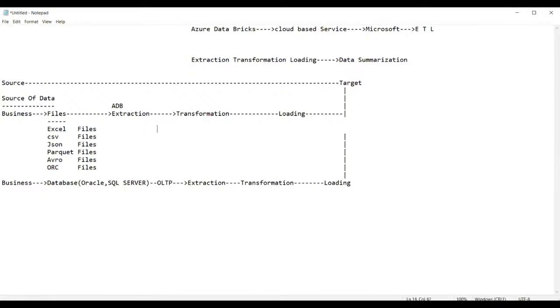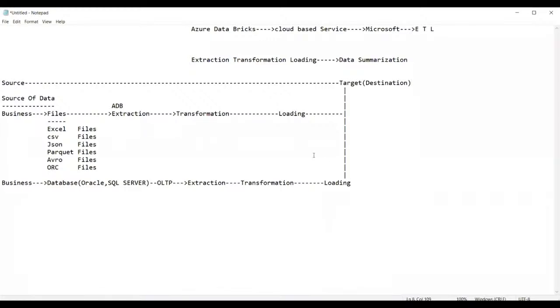I'm linking up just to show you guys, these all will reach the destination like this. Finally, the data reaches the destination. Target is nothing but the destination. Okay, now next one.